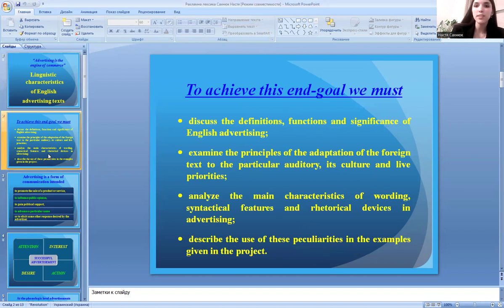Advertising, as you know, is an engine of commerce. With increasing communication in the world and acceleration of economic globalization, English advertising has found its way into people's life. It greatly influences our thoughts, feelings, and outlooks. Witty ad slogans and memorable phrases attract potential customers and create, evidently, the demand for a definite type of